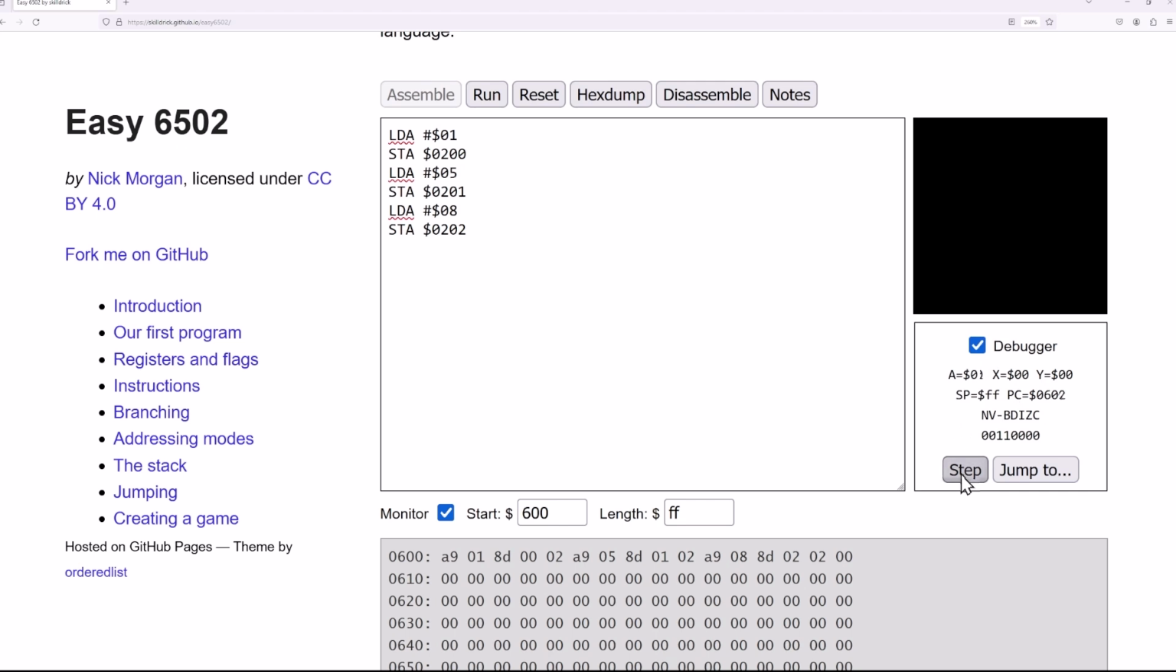When I first press the step button, the first thing that is going to happen is I'm going to actually be executing the first command. You can see this because my value of the program counter was 600, now it's 602, because the program counter always points to the next instruction that is going to be run. So the value of the accumulator has changed. A has become 1. X, Y, stack pointer weren't changed